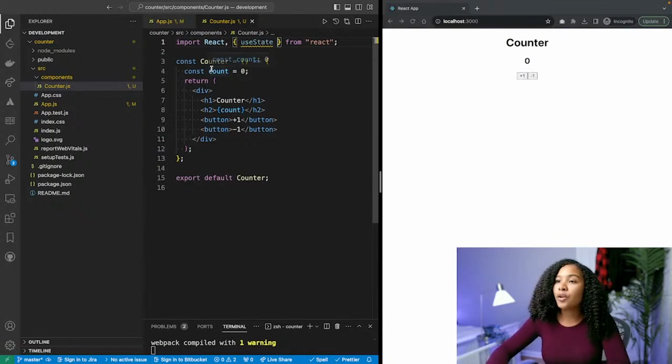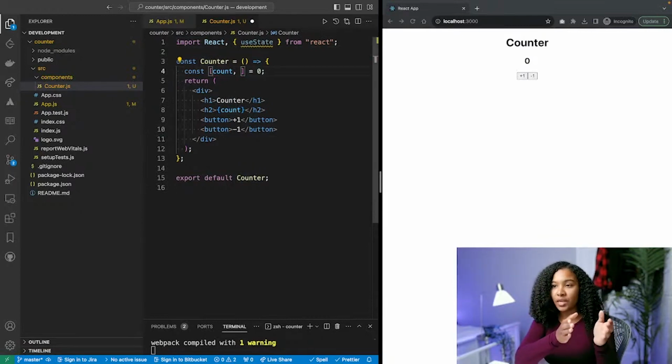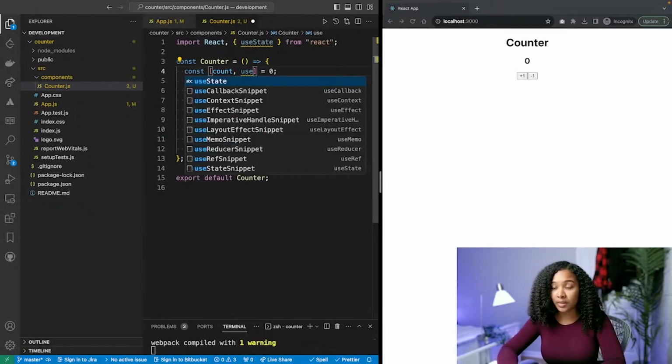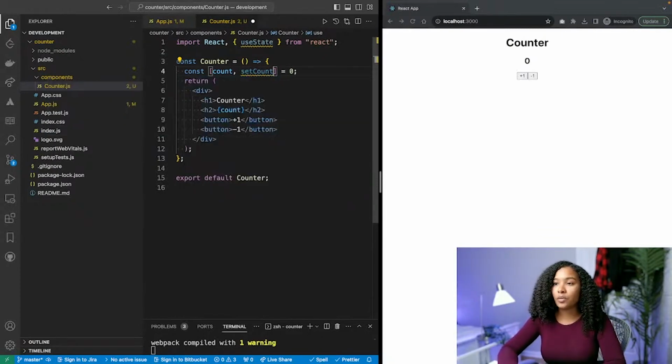So when I create my hook called useState, I can now attach it to my count variable here. I'm going to put square brackets around count. The first half of the useState hook, the variable that we're initializing here, is count. So we're creating a variable called count, and then we're also creating something called setCount, which is actually going